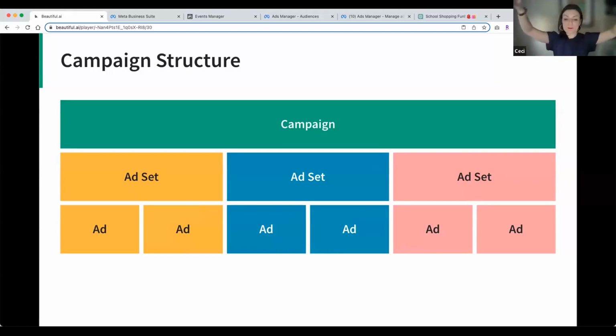So we've got a campaign, and then we've got ad sets, and then individual ads. In most cases, the campaign is going to be the overarching, the umbrella sort of targeting for the thing you're promoting. For this particular example, I'm going to say that I own a store and I'm having a back